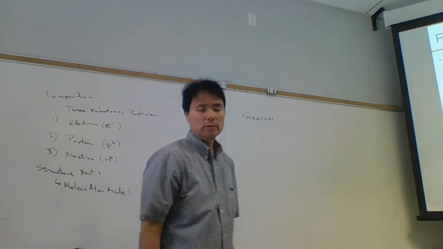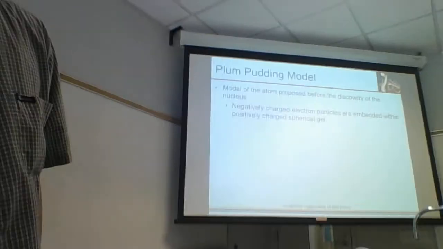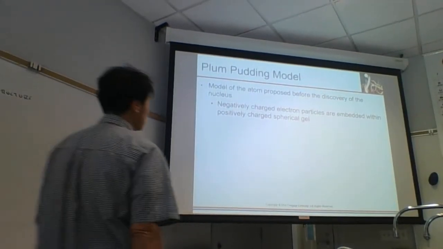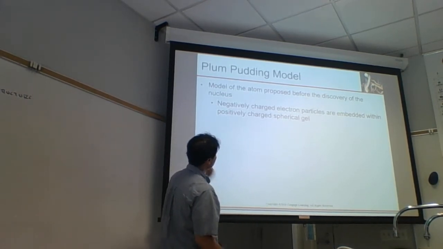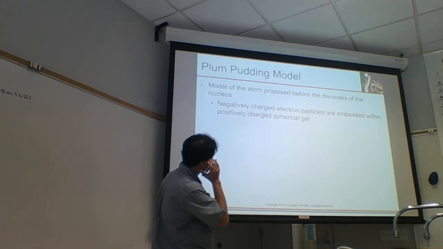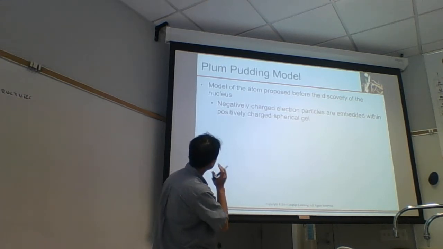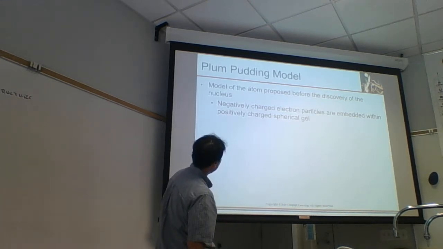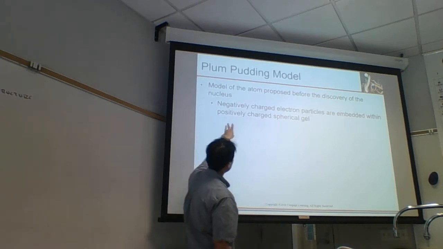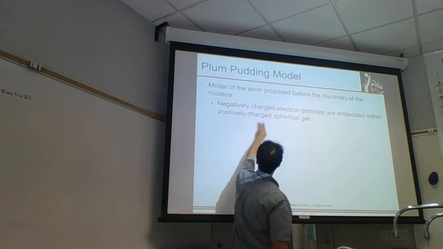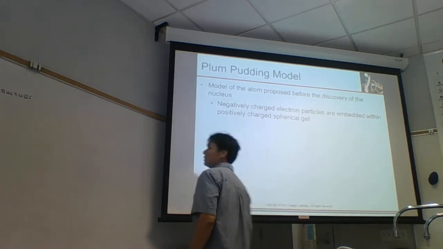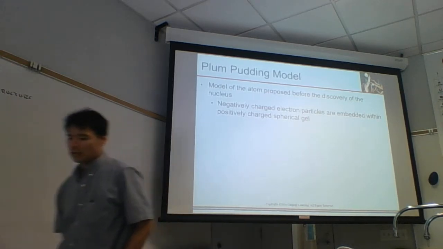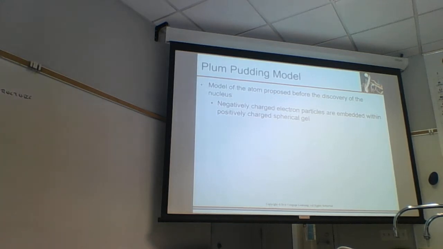And so originally it was hypothesized that the particles were uniformly distributed. And that's the plum pudding model. The electrons were like the plums in pudding, or raisins in pudding. And so the negatively charged particles, electrons, were embedded within a positively charged spherical gel. And so everything was kind of uniformly distributed, and that's a pretty good hypothesis. But what happened was this: